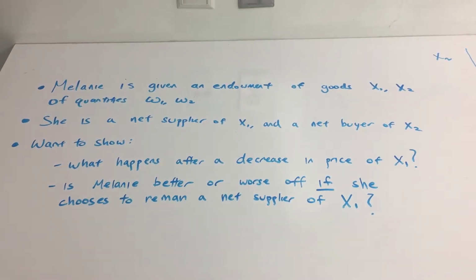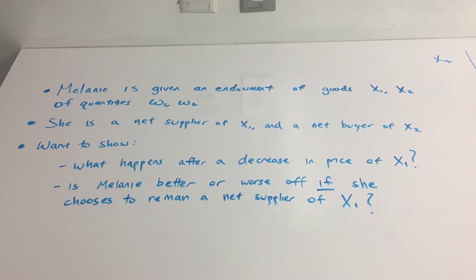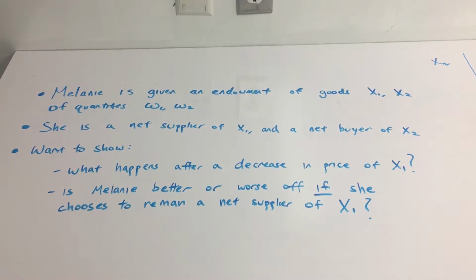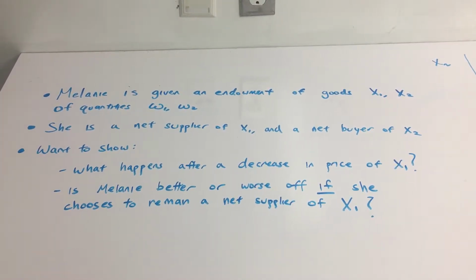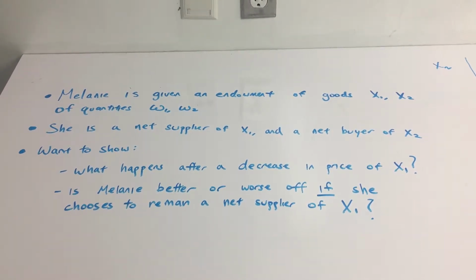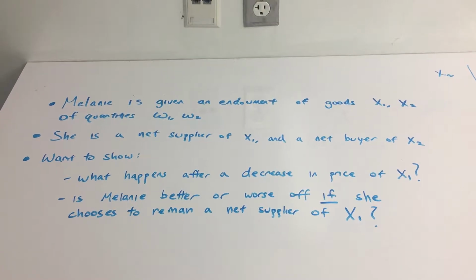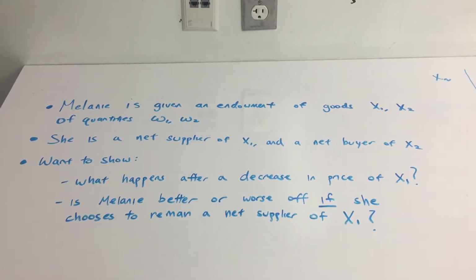Okay, so in this situation, Melanie is given an endowment of goods X1 and X2 of quantities omega 1 and omega 2. Here, she is a net supplier of X1 and a net buyer of X2. And we want to show what happens after a decrease in the price of X1. And with this decrease, is Melanie going to be better or worse off